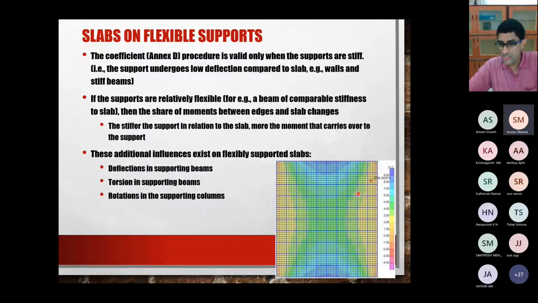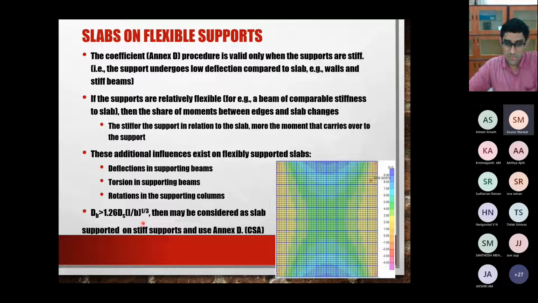Okay, so this I've just shown. For example, this color code just tells you the moments. So I see over here that in the middle of the slab I have around 4 or something as the span moment, and as I go to these edges I have higher moments, 9 or 8 or whatever they are. Okay, so I just see that as you move to a supported edge, the moment increases. So depending on the ratio, you have all these different things coming into the picture.